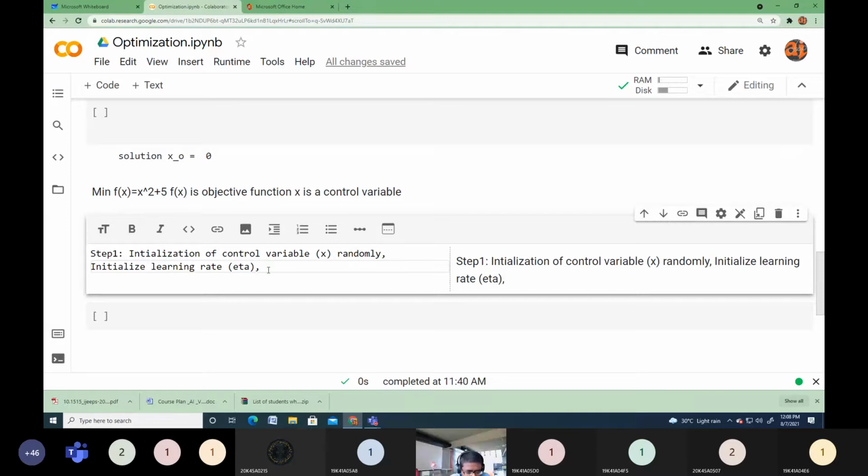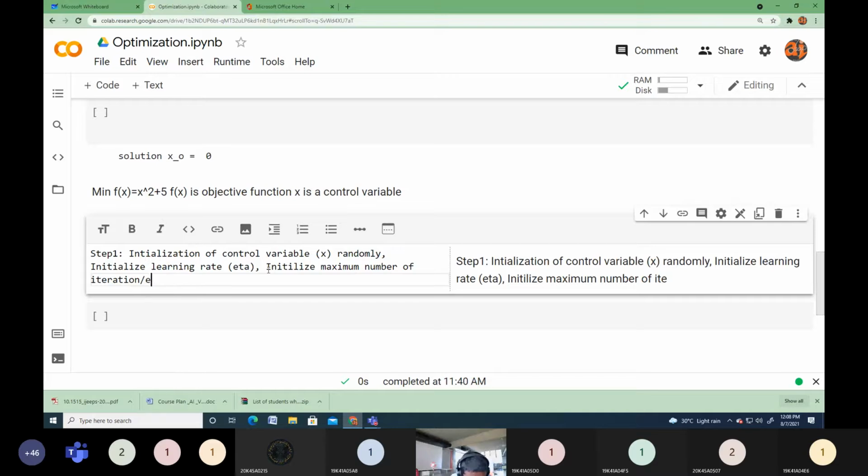Anything else we need to initialize? Just try to recollect what we discussed. Variable, epochs, iteration, maximum of iterations. So initialize the maximum number of iterations or epochs, whatever it may be.